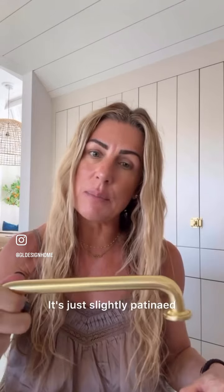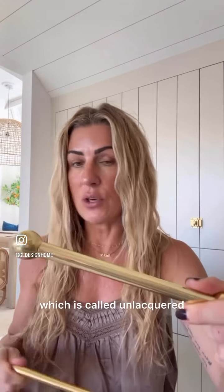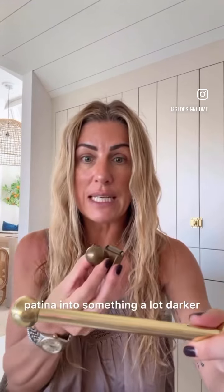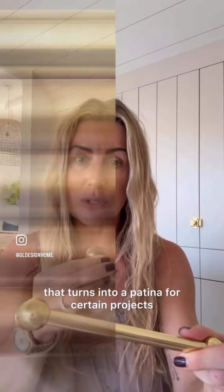just slightly patinaed. Or you can start with more of a polished brass like this one, which is called unlacquered. But be ready for unlacquered. Over time will patina into something a lot darker. You can keep it polished if you want, but I personally love the unlacquered look that turns into a patina